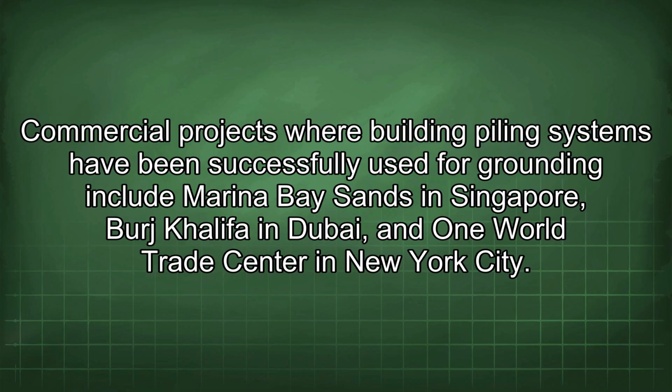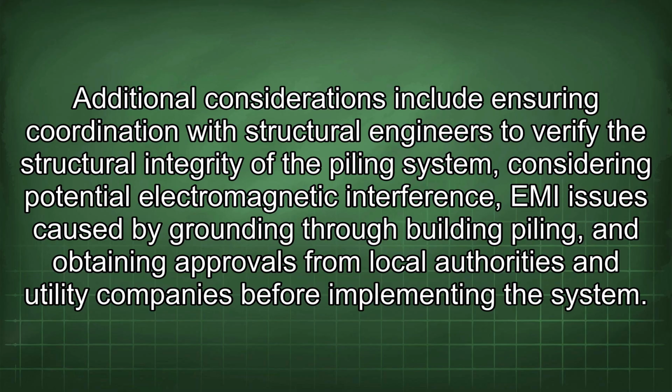Commercial projects where building piling systems have been successfully used for grounding include Marina Bay Sands in Singapore, Burj Khalifa in Dubai, and One World Trade Center in New York City. Additional considerations include ensuring coordination with structural engineers to verify the structural integrity of the piling system, considering potential electromagnetic interference, EMI, issues caused by grounding through building piling, and obtaining approvals from local authorities and utility companies before implementing